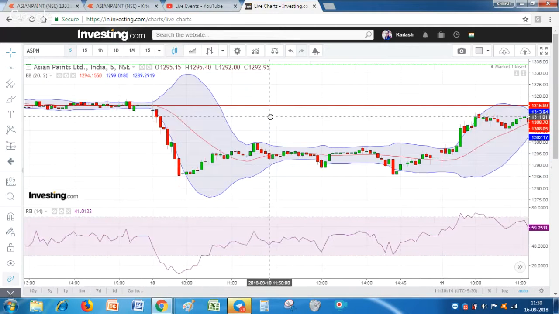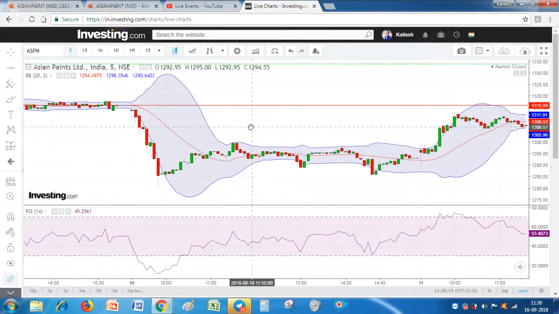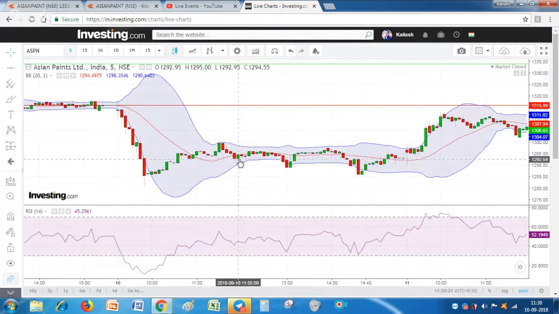Sometimes there may be a false signal also. This is a true signal on the sell side, but somewhere there may be a different condition. Look at this level. The chart has gone below the median line of the Bollinger Band. But in this case, for the sell side, we have to wait for the stock to go below the low of the first candle. If the stock goes below the first candle, then only we can sell. Otherwise, we will not sell. But you could see here the next candle. Let me make it bigger.